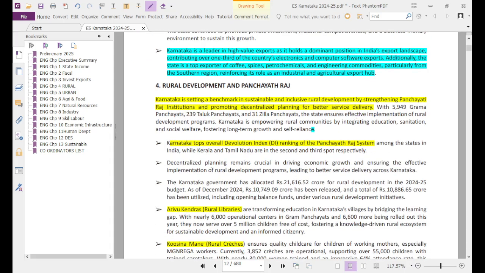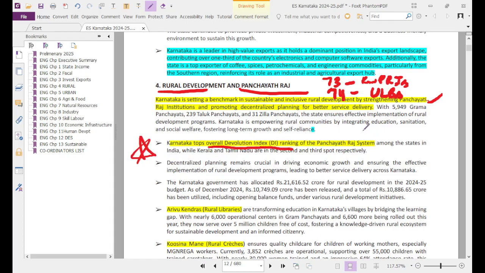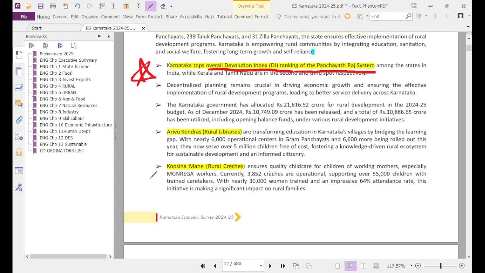When it comes to rural development and Panchayati Raj institutions, we have the 73rd Constitutional Amendment Act and the 74th. This is for the rural Panchayati Raj institutions, and this is for the urban local bodies, municipalities, etc. Karnataka is setting a benchmark for sustainable inclusive rural development by strengthening these Panchayati Raj institutions. As we discussed initially, Karnataka has topped the overall devolution index in empowering the Panchayati Raj institutions for decentralized governance. Also, various other initiatives are there, like Arivu Kendra, the rural libraries, Kusina Mane, rural creche, and Anganwadis for children